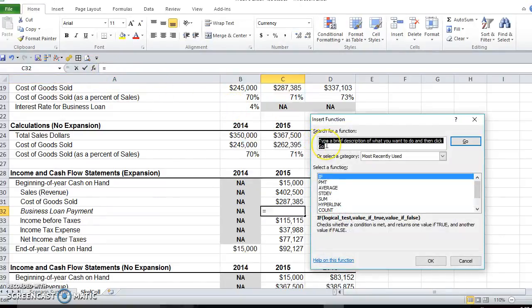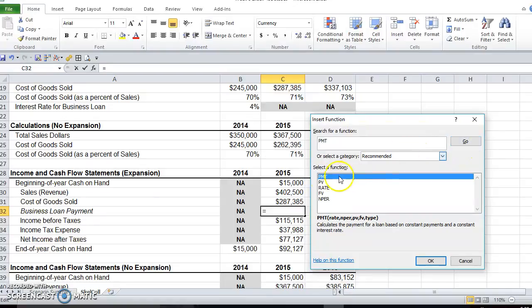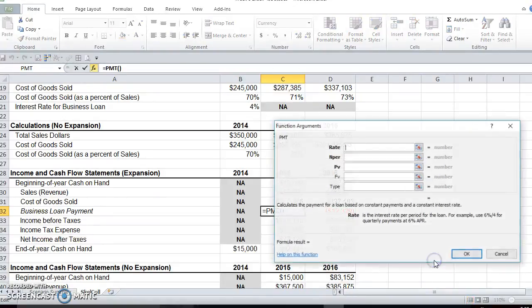Rather than the if, we're going to do PMT for the payment. Click Go, and it takes us right to it. Then we click OK. And we've got the three important criteria to plug in. You may have run into this in finance or accounting or one of your other courses, but you would just simply put in the rate, which is in cell B21,